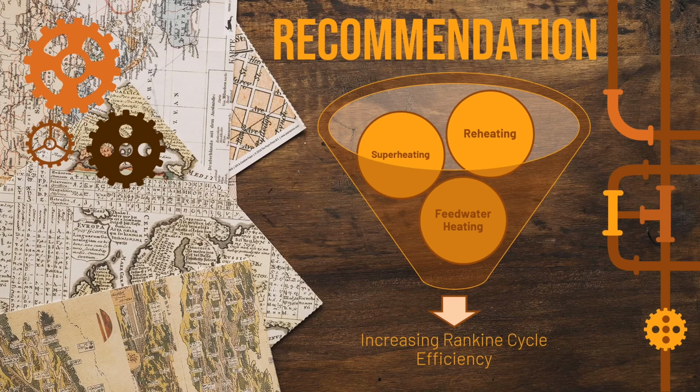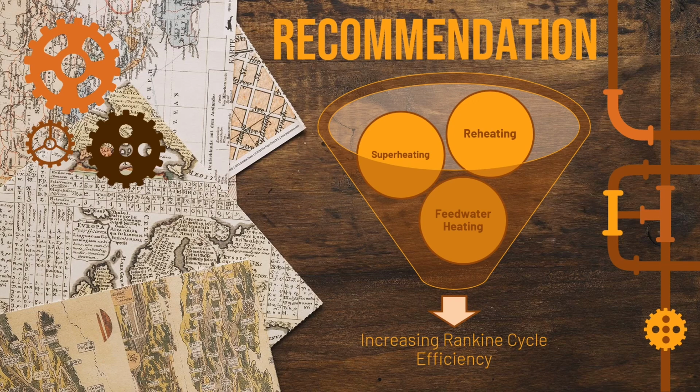First, superheating. After liquid has become steam, more heat is added to the steam and the steam is called superheated steam. This is to increase the temperature of steam. Hence, we increase the efficiency of steam power plant. Secondly, reheating, where more heat is added after first turbine stage because steam will lose heat along the turbine. Hence, temperature of steam will increase and this will increase the performance of steam power plant.